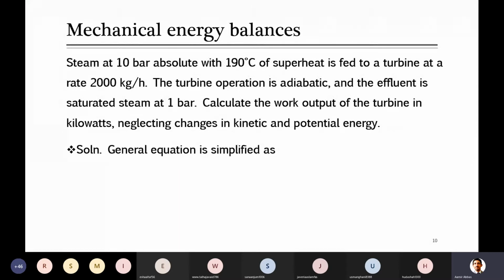What will be the overall equation? From where will we start? Q plus Ws is equal to change in enthalpy plus change in kinetic energy plus change in potential energy. Out of these, what he said you have to ignore: potential energy, kinetic energy, and heat. Yes, heat, because this is an adiabatic process. So Q is 0, as well as the change in kinetic energy and change in potential energy, as he said. Negligible means they are changing, but you have to neglect them, they are very small changes.